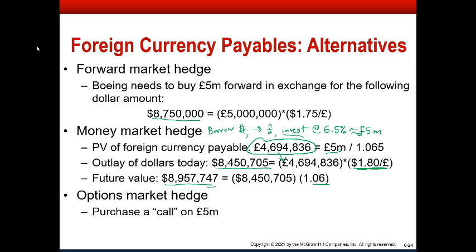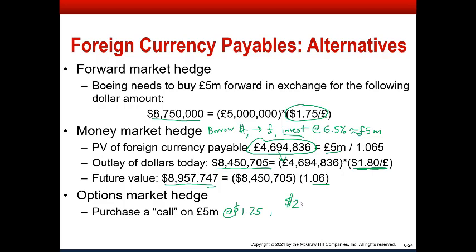Boeing will just purchase a call option on 5 million pounds, the right to buy 5 million pounds at whatever price they can get for that option in the options market. And then they know that if the price of the pound goes up significantly above 1.75, which is the current forward price, and let's say they can buy this at $1.75 per pound, just for example. So if the pound goes up to, let's say, something crazy like $2,